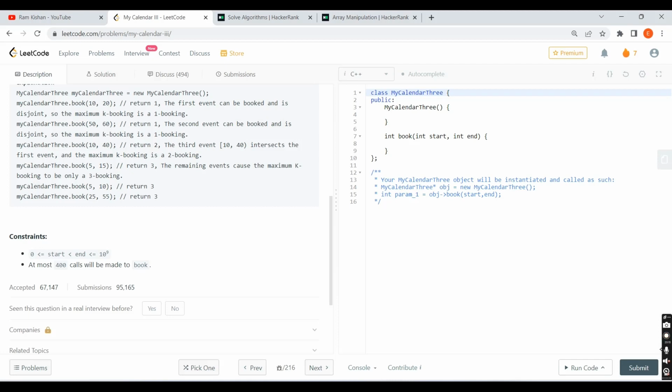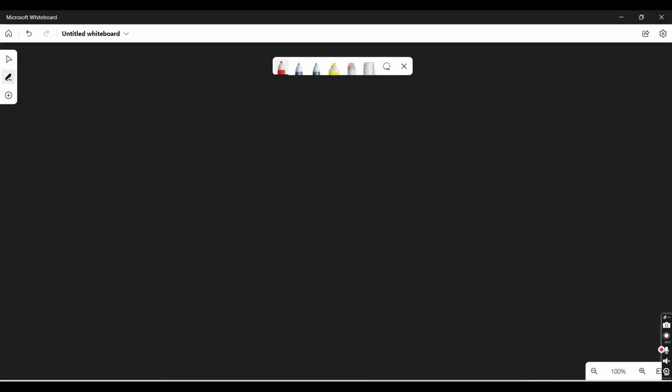So let me clear it out why we do not need the entire array over here. What we're going to get is just the starting and ending point. Let's say we are getting 5 to 10. So one event is called 5 to 10, and one event is called, let me say, 6 to 11, and